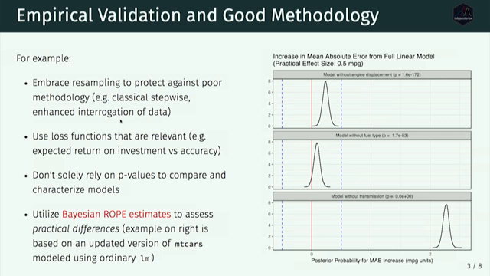And what usually happens is people don't necessarily realize that they're doing that or doing some sort of poor methodology, because the way that we traditionally evaluate models doesn't really measure the type of things that would tell you that you're doing something maybe poorly with your data. So I don't know if there's any fans of classical stepwise regression here, but that's the example that we typically use. I was talking to somebody about this, and they said, I can't find a paper anywhere that says that's a good idea. Like, it's in all sorts of software, and everybody does it, and people were taught it in graduate school and things like that, but nobody believes it, right?